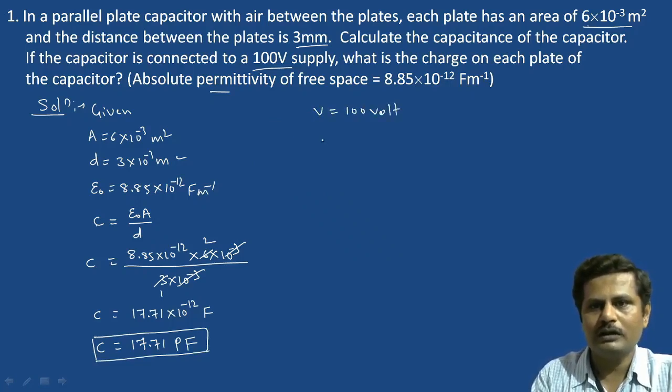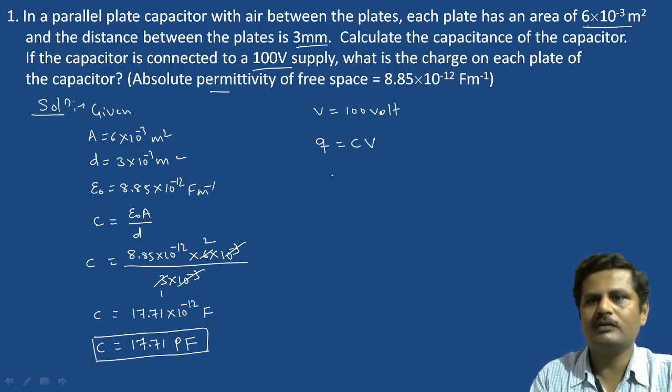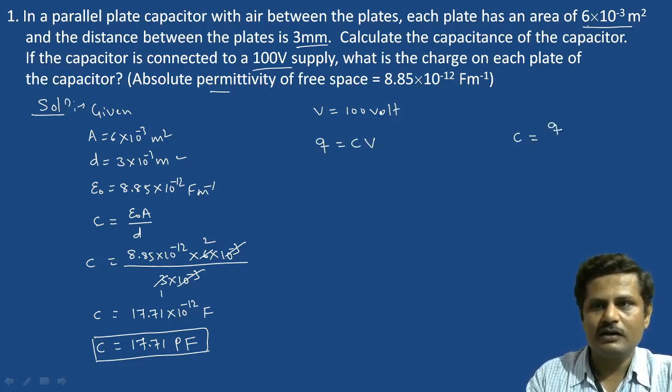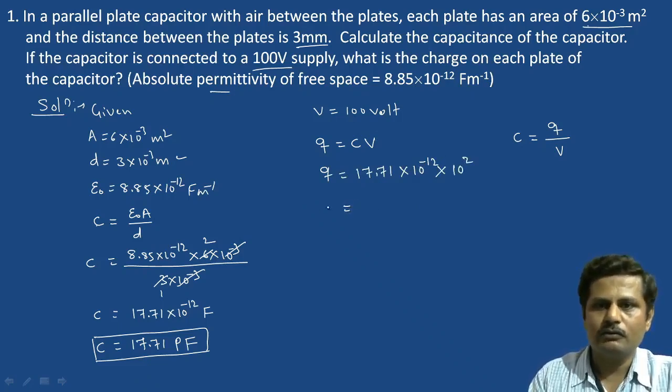So we know that the charge on each plate of the capacitor equals C, the capacitance of the capacitor, times the potential difference between the two plates, because we know that the capacitance of the capacitor is defined as the charge on the capacitor to the potential difference between the plates of the capacitor. So therefore we can write Q equals CV. So now Q equals C, which we just found, 17.71 × 10^-12, and the voltage is 100 volt, that is 10^2. So therefore Q equals